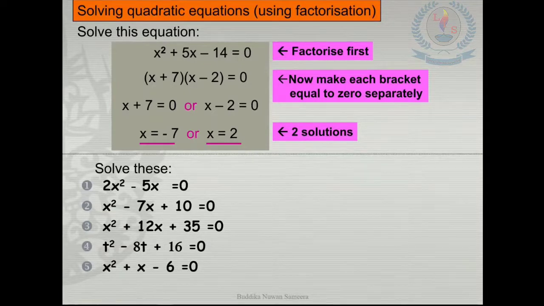Before solving this equation, we need to factorize those equations. First equation, 2x square minus 5x. When you factorize 2x square minus 5x, you can take x out, then inside the bracket 2x minus 5